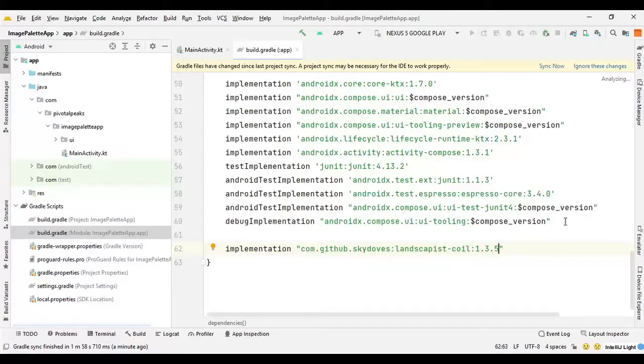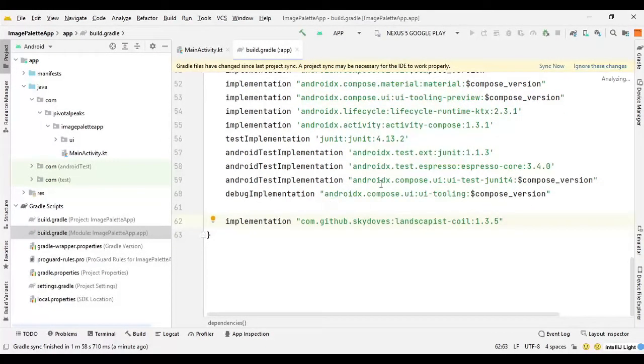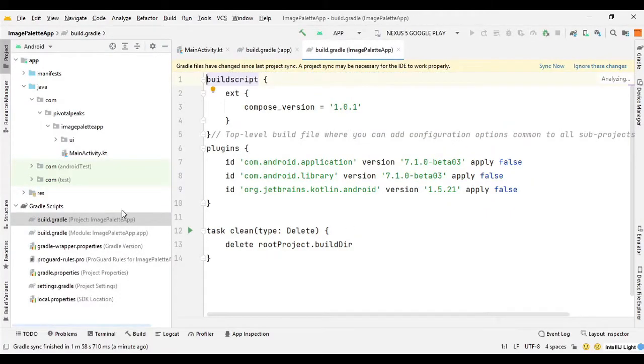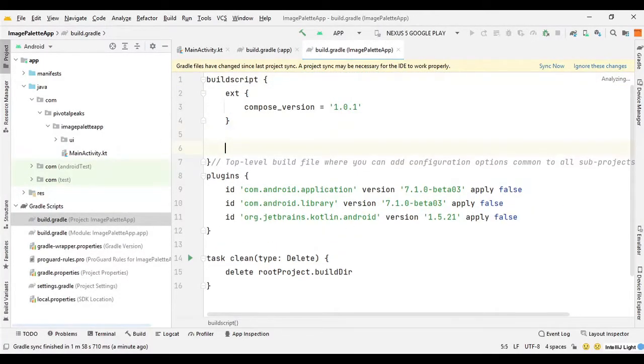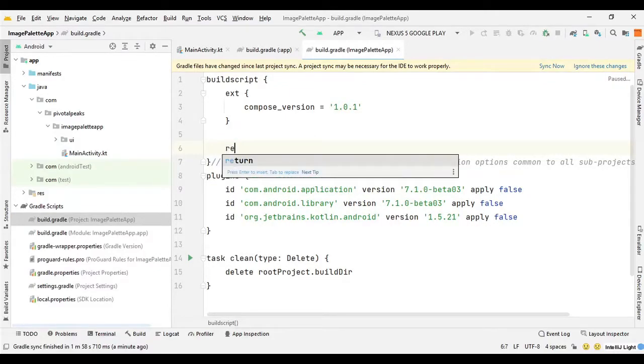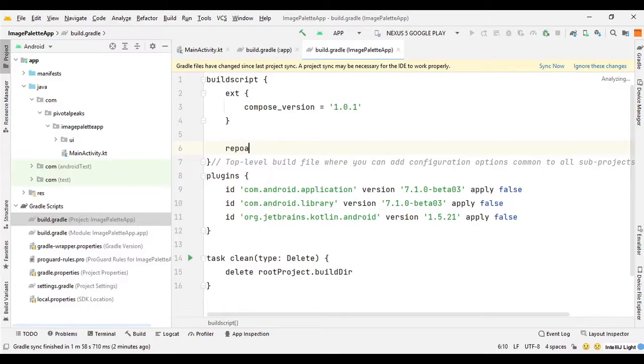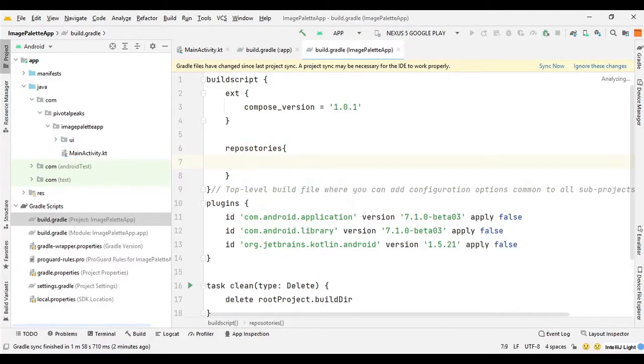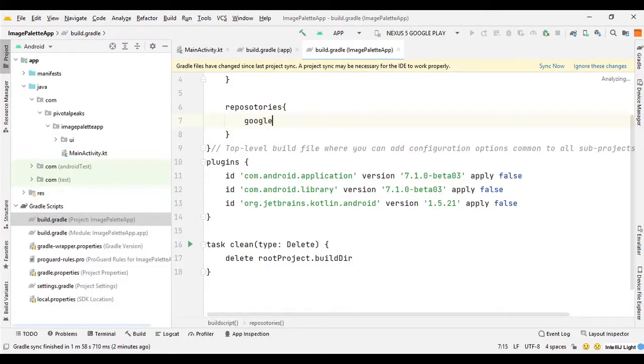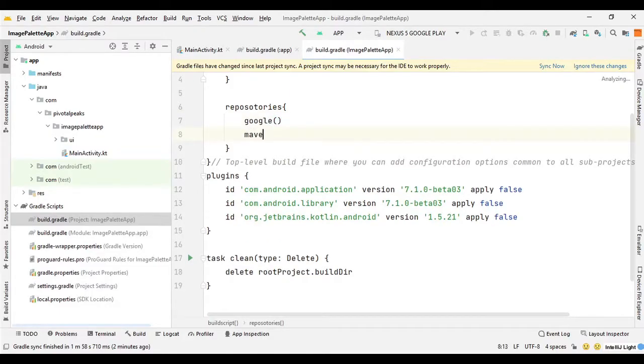We also need the Google and Maven central repositories so we can use the palette. So we need to go to the project level build file, and after the extension block we can say repositories, and we need to declare the Google and Maven central, and let's sync the project.